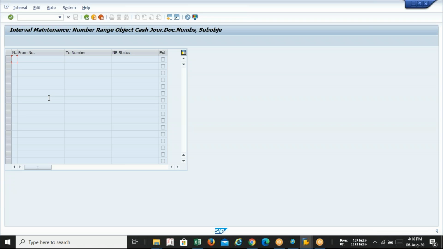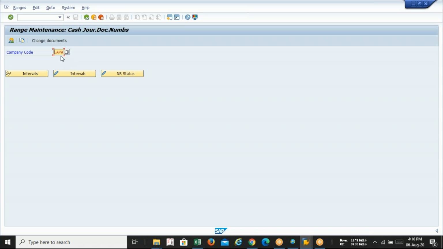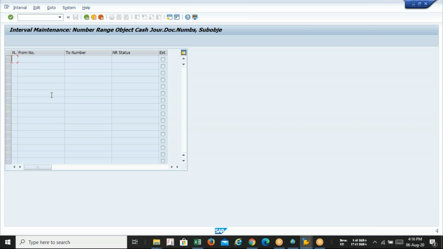But in my company code Lava, I have done all the number ranges for P2P goods, P2P service, everything. But here you are not finding anything. After passing the company code Lava, if I click on display interval, I am not getting any configuration.